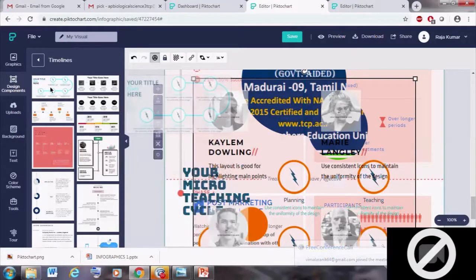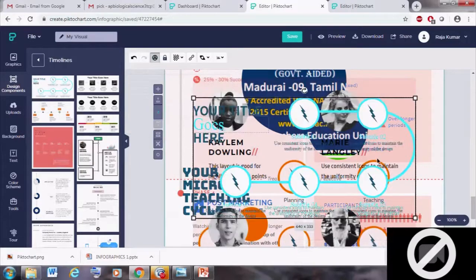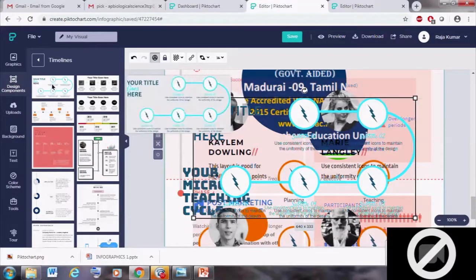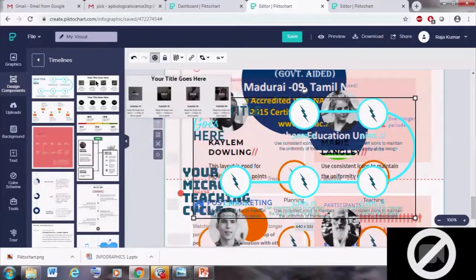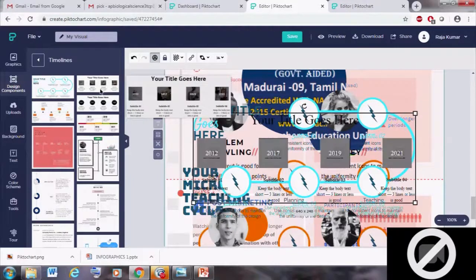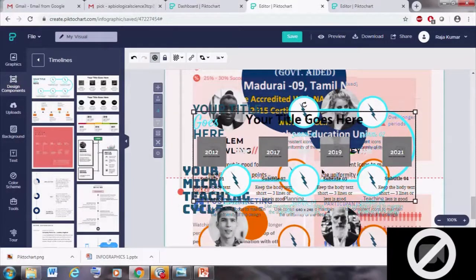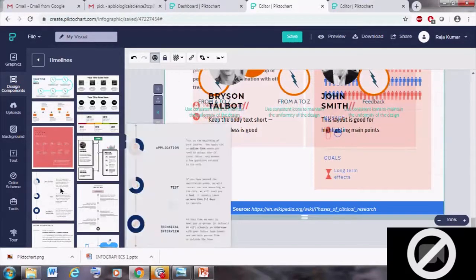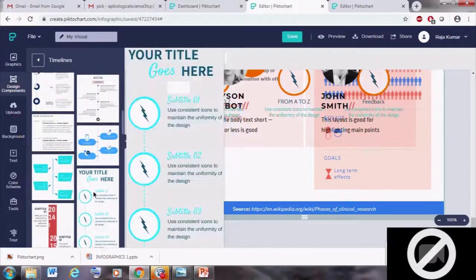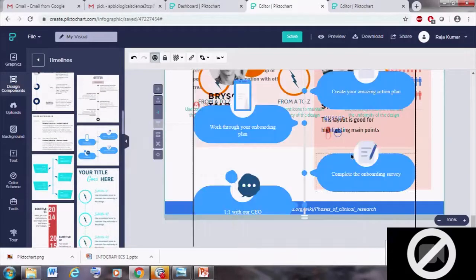Timeline charts, these kinds of charts are available in the metro or railway station or railway route. Some pictures for timelines. You can compare products or persons, etc.